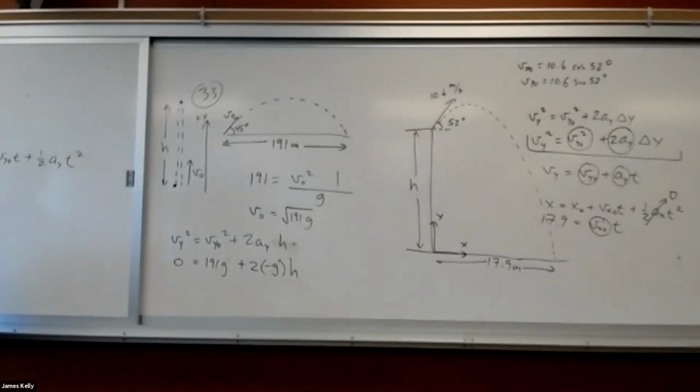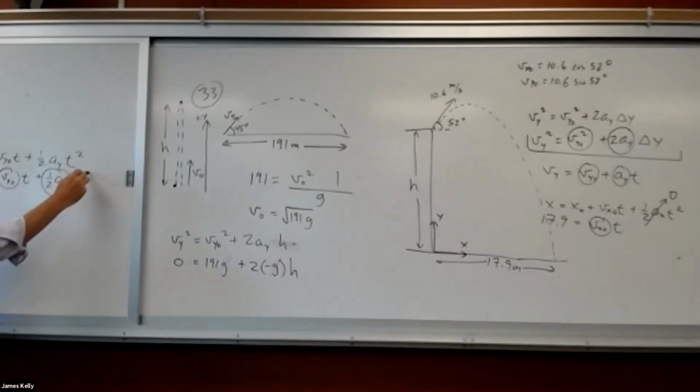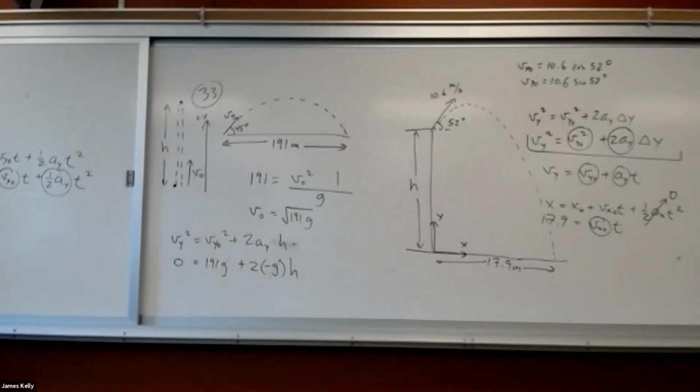Y final is 0. Y initial is h. Vy initial, we know how to calculate it, times t, plus 1/2 ay, I know how to calculate that, times t squared. And that equation, that relationship that tells me how to calculate h if you only knew t,